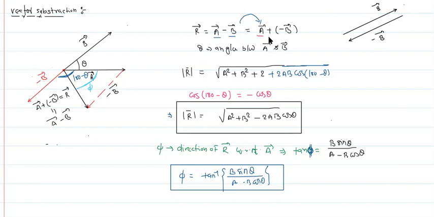Now what do we have to do? We have to add this A vector with the minus B vector. Right now we cannot add because the tails of these two vectors meet. So we have to shift one vector in such a manner that the head of A vector meets the tail of B vector. So the resultant will be from the tail of A vector to the head of B vector. I discussed this in the last class. In this manner you can subtract these two vectors.